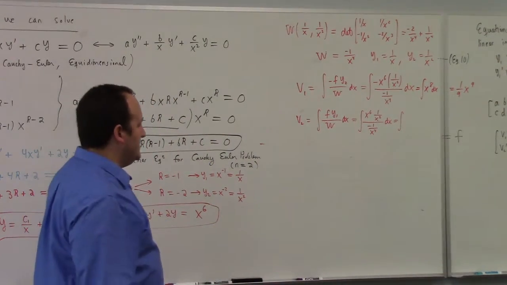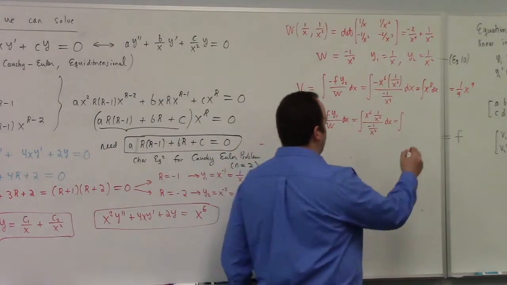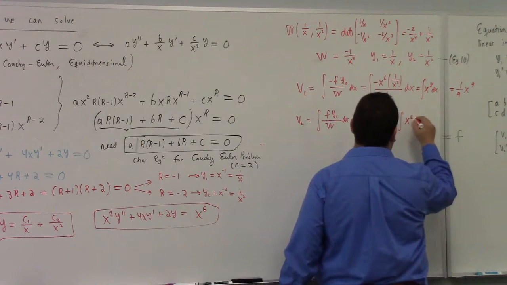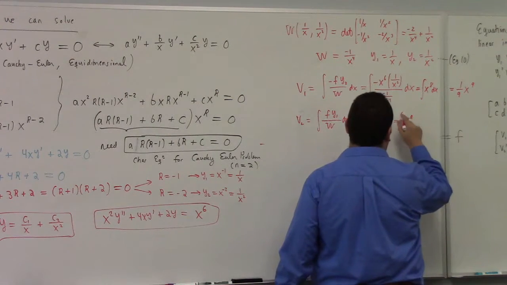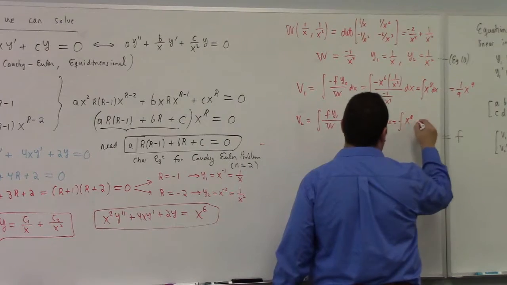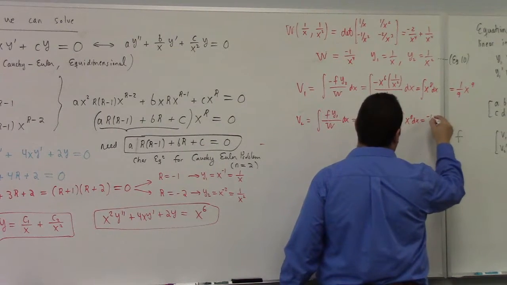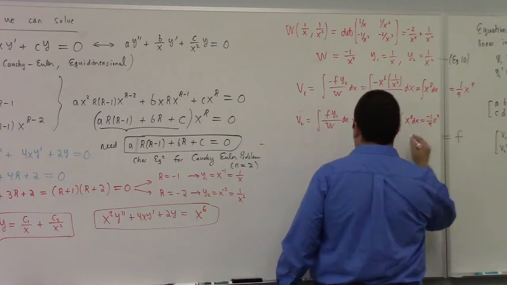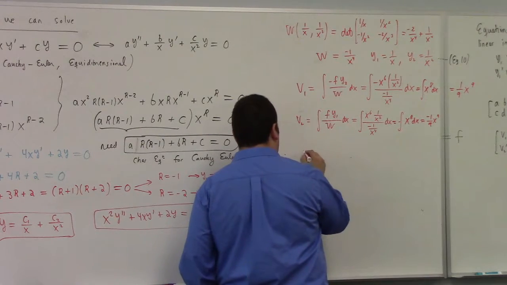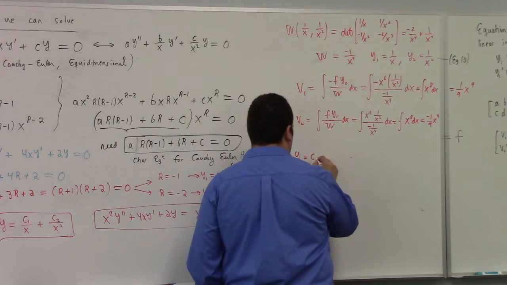Is that x to the 8th again? Cool, but minus x to the 8th this time, right? So we get minus 1 over 9 x to the 9. And so therefore, my general solution is c1 over x plus c2